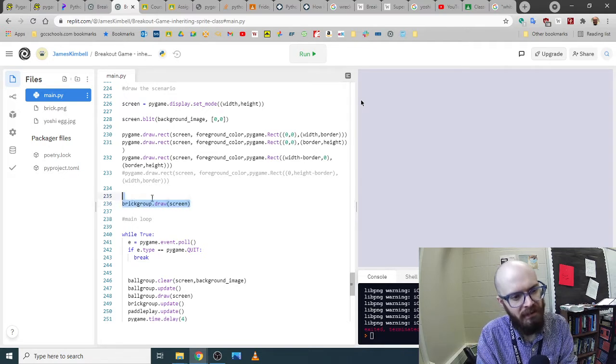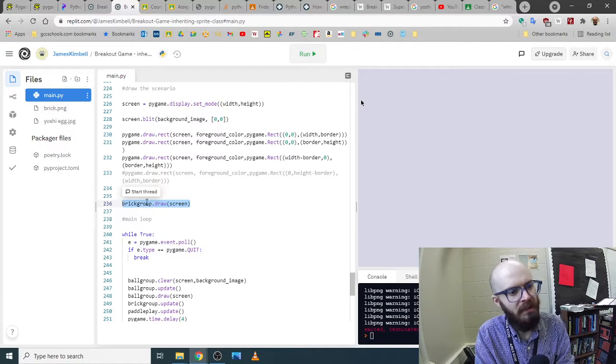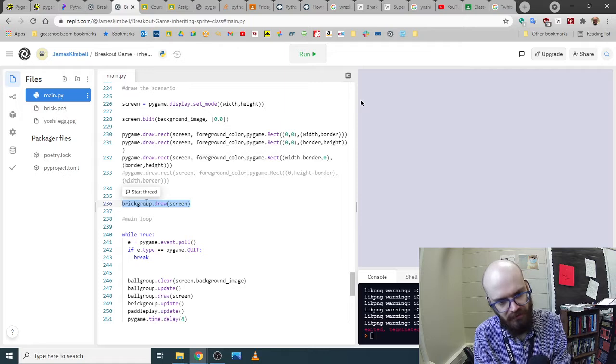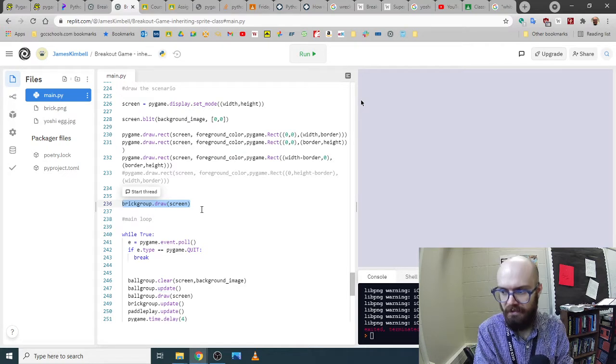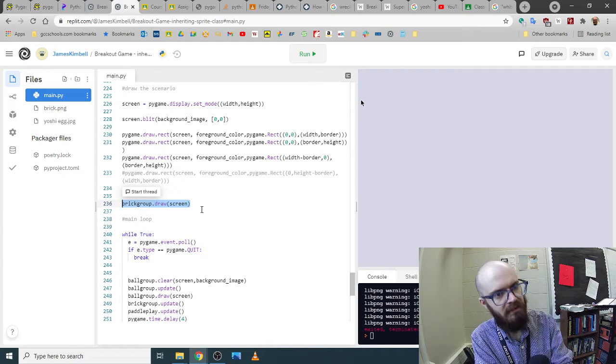And I have this one outside of the loop. You see that I don't have it in here because the bricks get drawn once and that's it. They don't have to move, so there's no reason to refresh them every frame. Okay, so that's why I say that type is easier. If you're doing one that's stationary, start with that first, because then all you have to do is hit draw once and they're there. Okay,